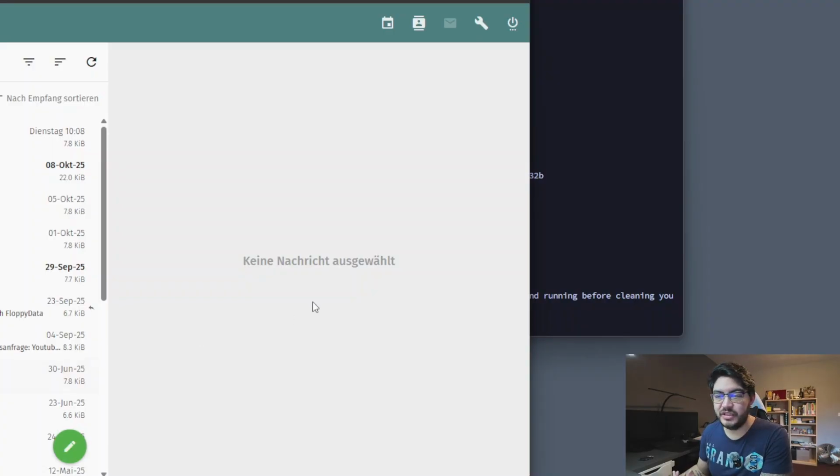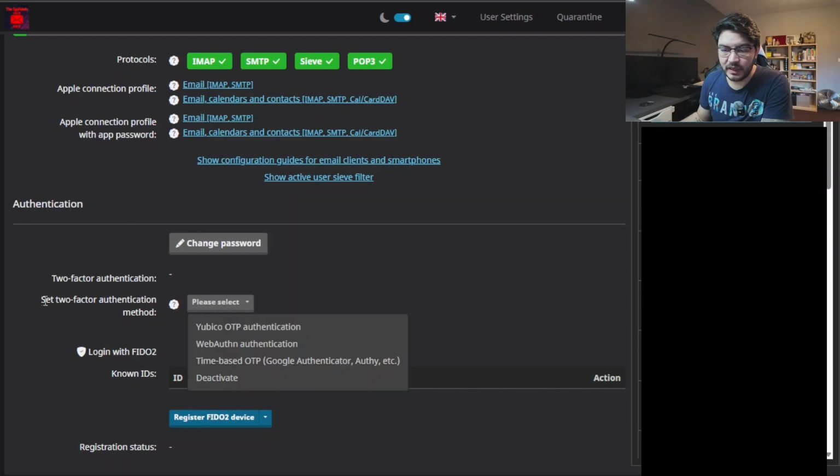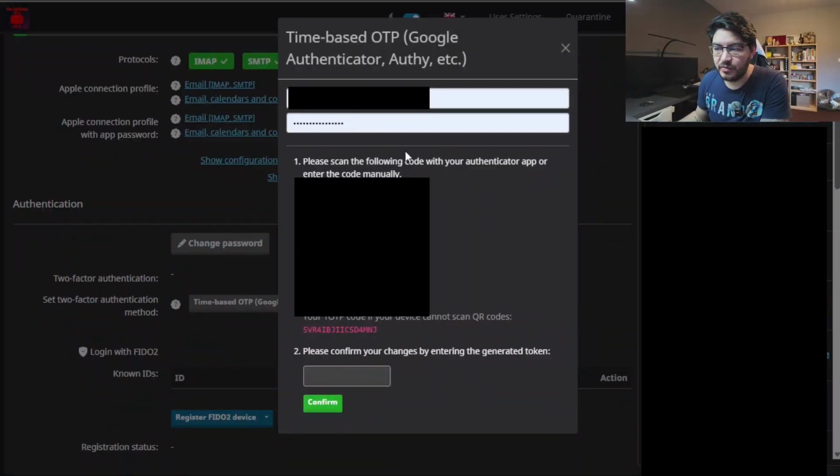And to enable it, you just have to log in with that mailbox you want to enable it for into SOGo, and then go here on the settings. And then down here, you can set the two-factor authentication method. Just use time-based OTP with Google Authenticator, even Microsoft Authenticator works, and then enable it. Mailcow will ask you to put in your username, your email address, and your password, and then you have this QR code on screen, which I'm not going to show you, or else you can just put it on your own Authenticator app. So let me just